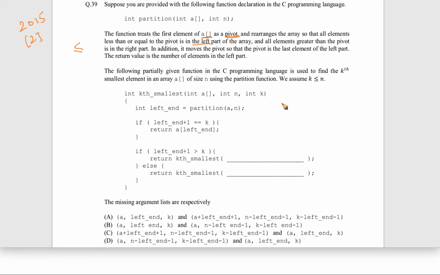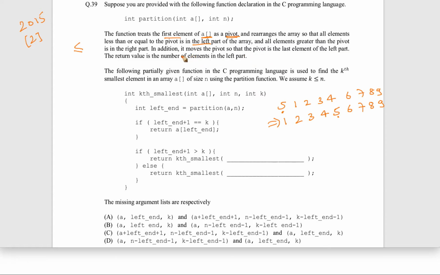So let's say a pretty simple example, 5 is the pivot and the other elements are, let's say, already sorted. So let's say 1 2 3 4, 6 7 8 9, something like that. They are saying that the first element of this array will be treated as pivot. After that, whatever are less than or equal to it, 1 2 3 4, will come before, this is the pivot, and all the elements which are bigger will be towards the right. So this is the before array, this is the after array. Now see what they are saying.